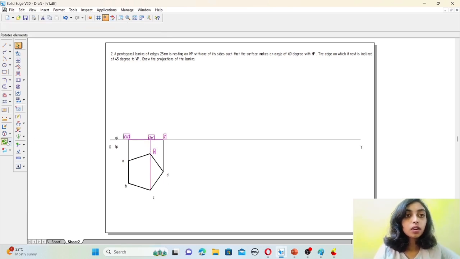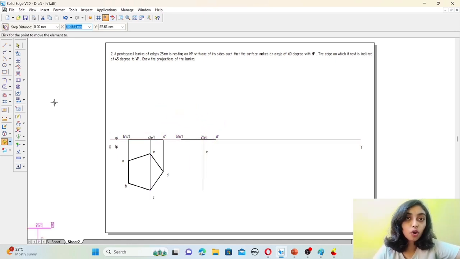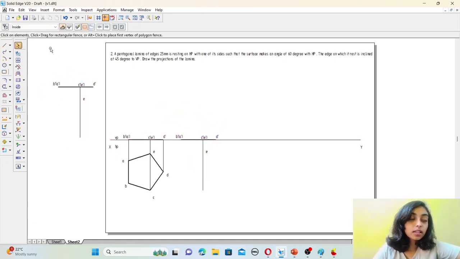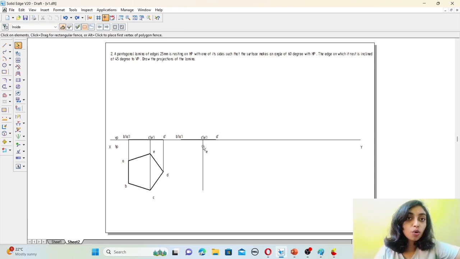Go to move option. Make sure it is copied here. So select this line, keep it somewhere here. Then again you need to rotate this line to 60 degree with HP, meaning we need to rotate with respect to VP.